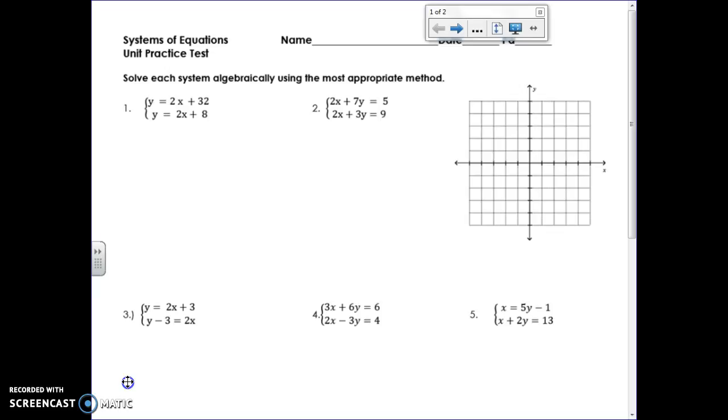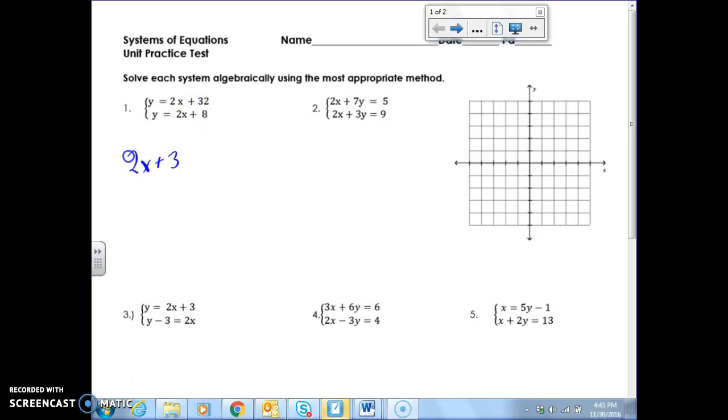It's going to be hard to graph this one though, just because of the y-intercepts. They're a little hard to graph on this one, so while you could have graphed this one and you'll notice that they're parallel lines, I'm actually going to use substitution for this one just since the y-intercepts are so large. So I'm going to do 2x plus 32 equals 2x plus 8,